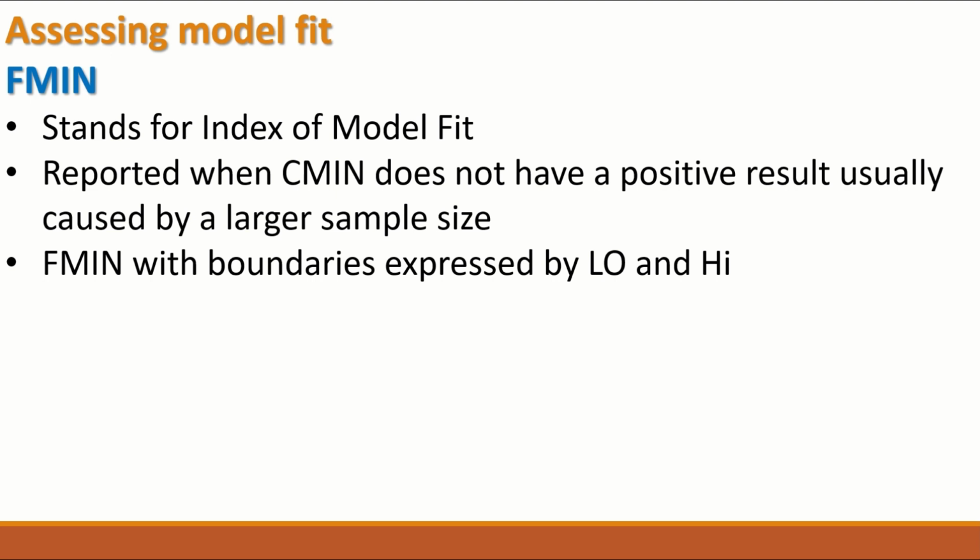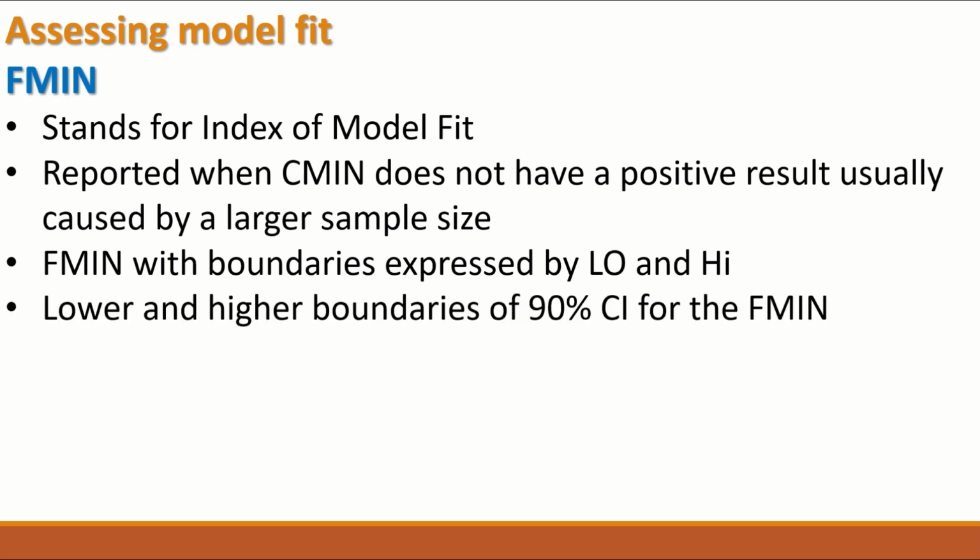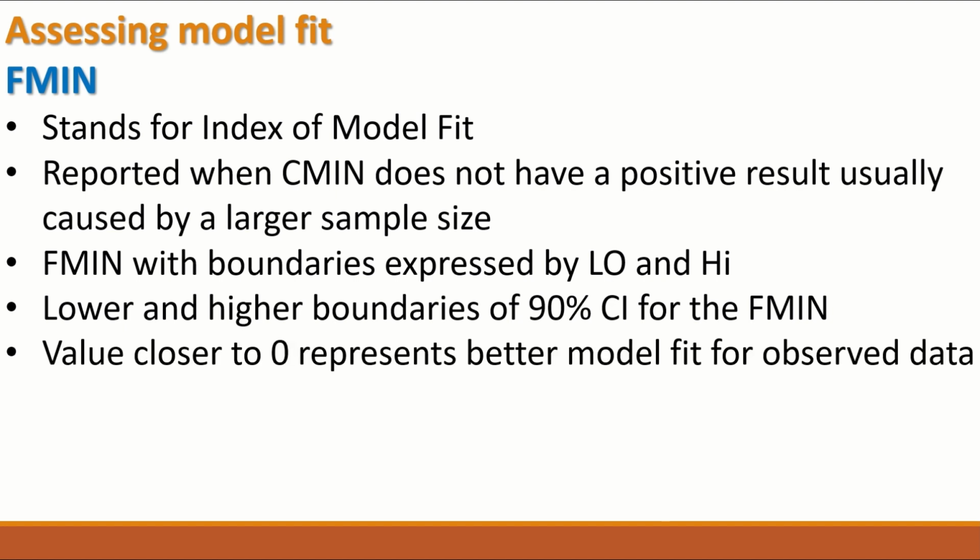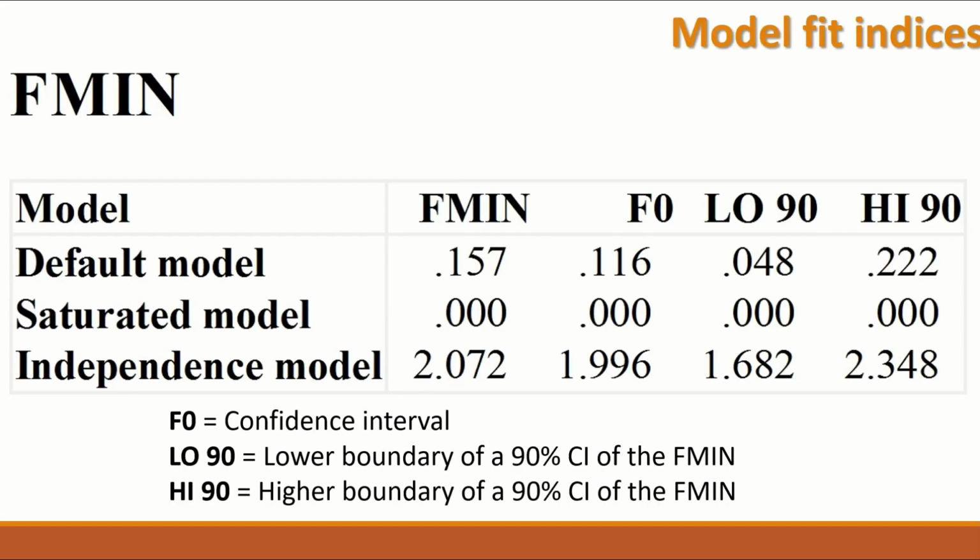The FMIN is described with boundaries expressed by low and high, the lower and higher boundaries of the 90% confidence interval for FMIN. A value for FMIN close to 0 represents a better model fit for the observed data, with 0 being the perfect fit. So the next slide shows a table extracted from CFA from Amos for model fit indices, and as shown here,